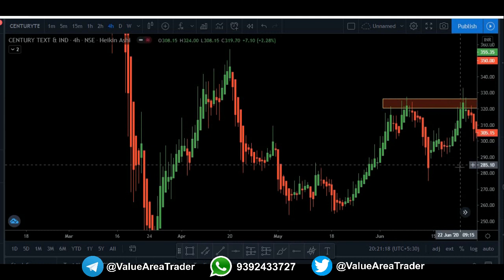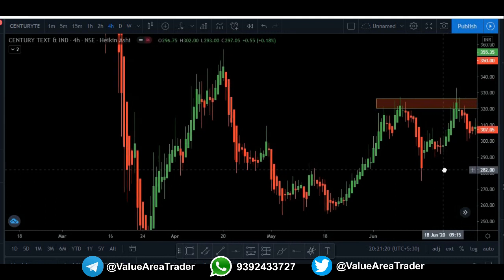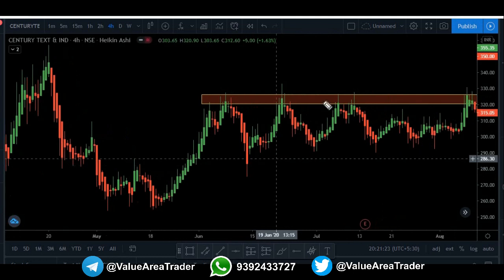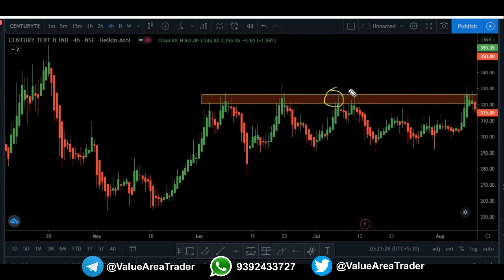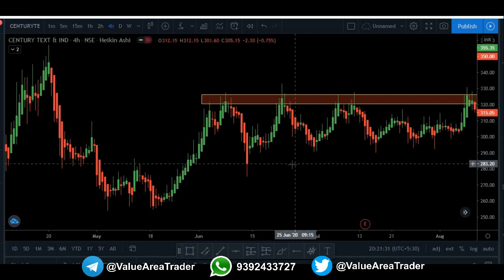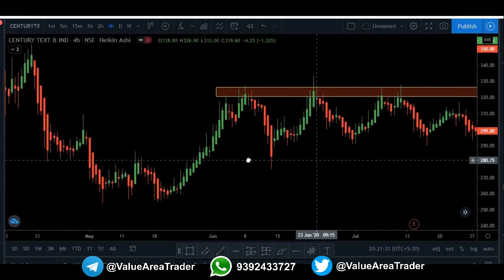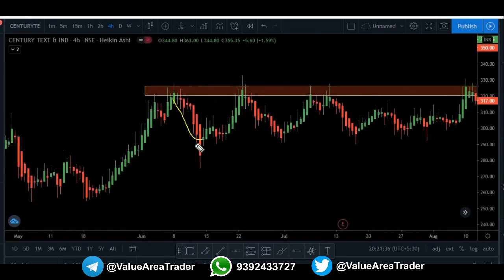Now when you have drawn this particular box, the benefit of having this is, whenever in future the price comes to that point, you can trade according to that. We'll go into that part once we have completed drawing both the supply and demand zones. So now when price comes to this lower part, you can see it is trying to save this particular price. The price is not trying to go below this particular level, even if once it went back, but the next day was a high gap up, and again the price tried to save that particular price. So that means automatically this particular region should be my buying zone.